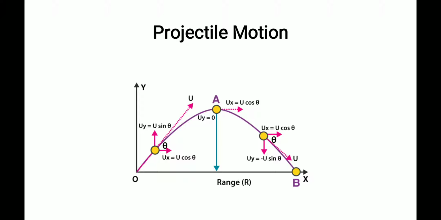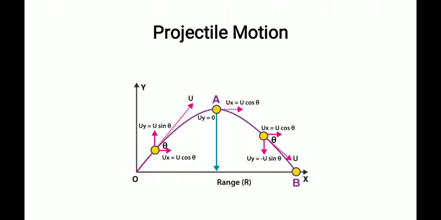So, when the vertical component, u sin theta, becomes 0, at that time it reaches maximum height and then falls down due to the gravitational force. Okay, so for the first half portion it is moving with the initial velocity against the gravitational force. After reaching the maximum height, it falls down in this path with the help of the gravitational force.